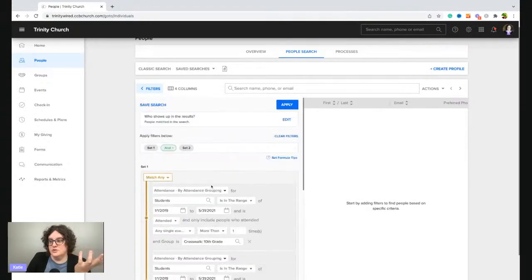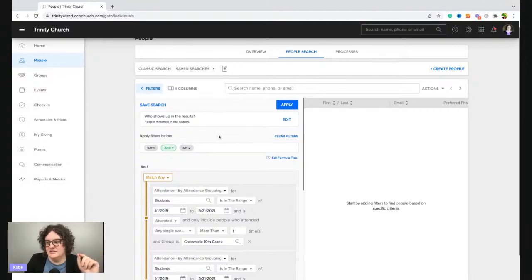Once you feel like, yep, this is right, this is going to work, you hit apply, and then you check your list. I'm not going to run it, to protect church families' data, but I did this yesterday. The first time I did it, I was like, oh, that's not right, because I know that student has been coming regularly.